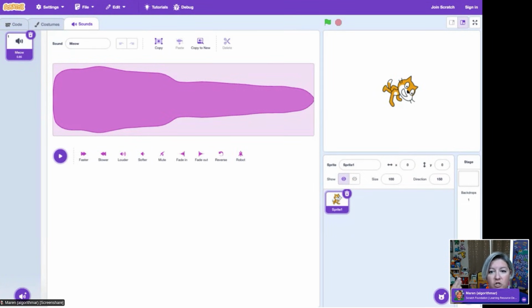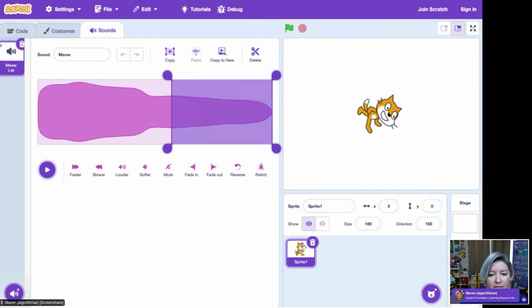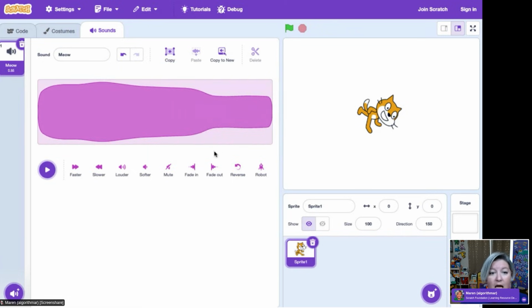The other thing that you can do with sound is that you can go into the sounds tab and you can actually manipulate the sound. So using the blocks here, I can actually delete parts of the sound. I'm going to zoom my screen in a little bit more so you can see what I'm doing. I can just select a piece and actually delete it. I can speed the sound up or go slower. These are all things that I can do to manipulate the sounds that are already in that sound library in Scratch.